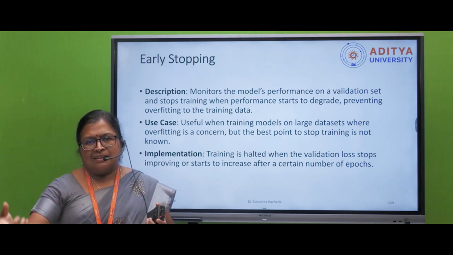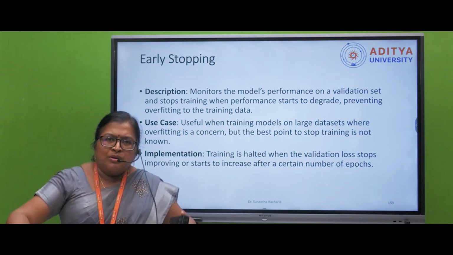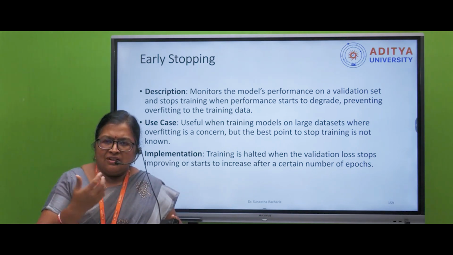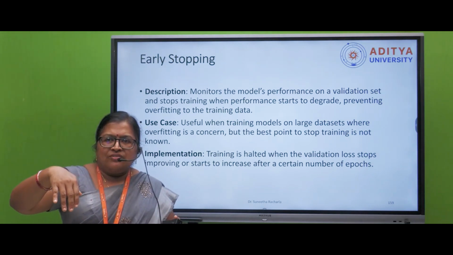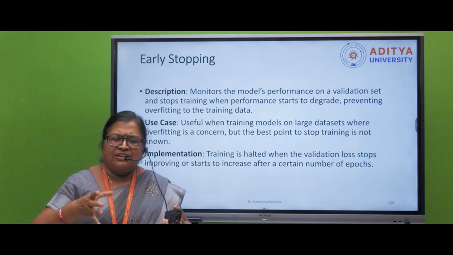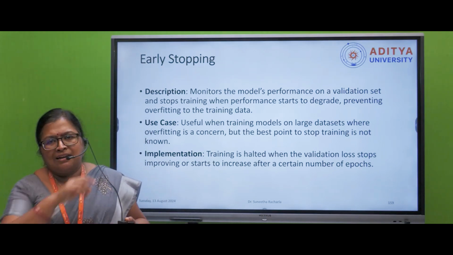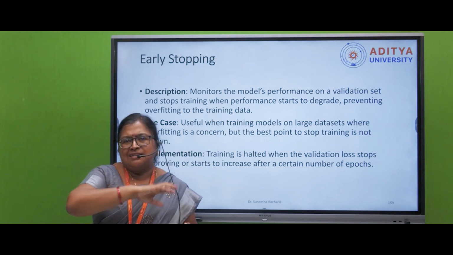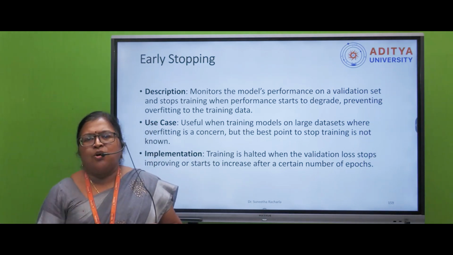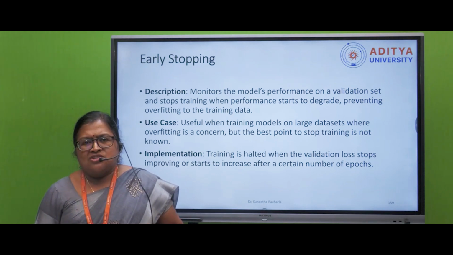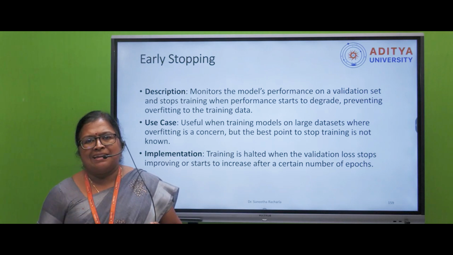That's what we do in early stopping also. While training the algorithm with particular nodes, if we train so much with the data, then, like in our starting days we discussed overfitting and underfitting, if we train too much of the data, the algorithm will learn more and create some complex curve. So to reduce that, at a particular point we'll stop the algorithm from training itself. That point is called early stopping.